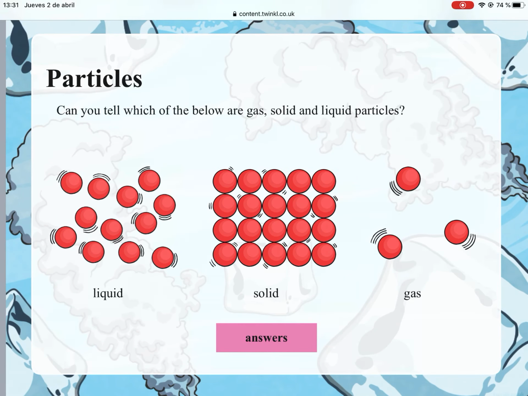Particles. So this is what we looked at in class. We had said that the particles which are closer together are the solid particles. That's why it's harder and heavier. The liquid particles are a little bit further away from each other, and the gas particles are